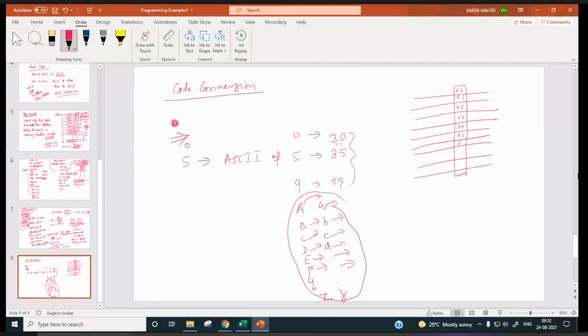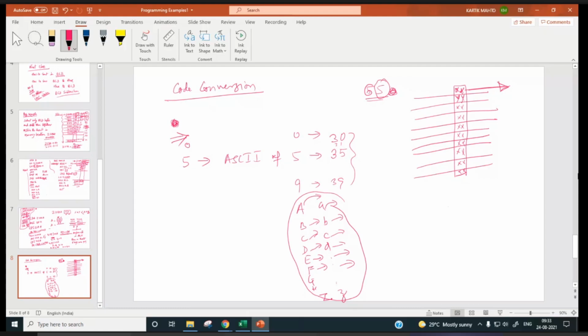Right. Now suppose you have to display all these entered keys. So what will happen? If you read this, suppose we have entered say 5, 6. In fact, ASCII code of 5 will be stored over here, 35, and ASCII of 6 will be stored over here, 36. Now if you want to display it, ASCII of this 5 has to be converted.